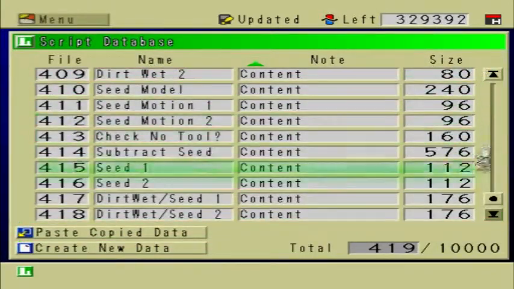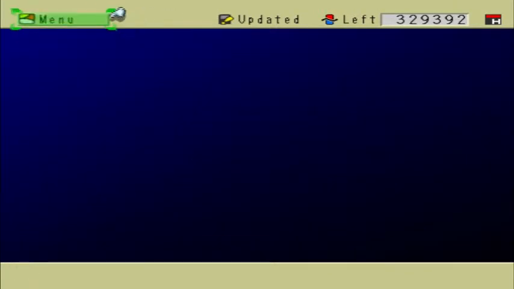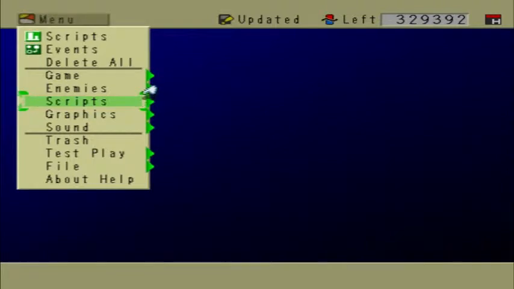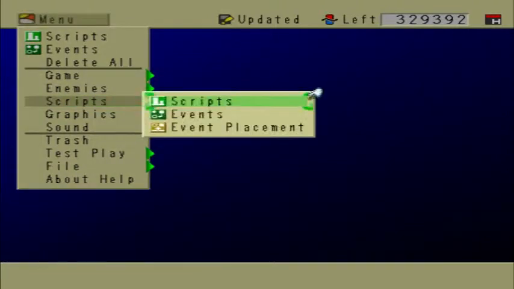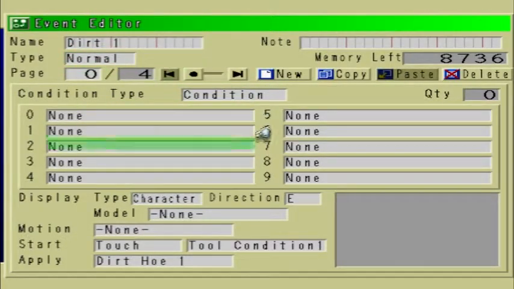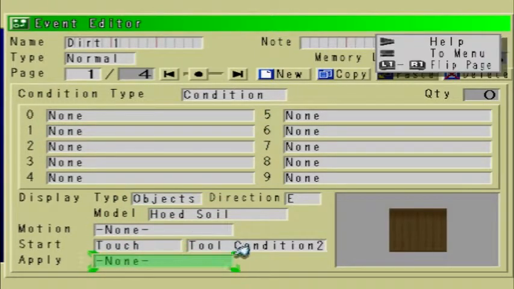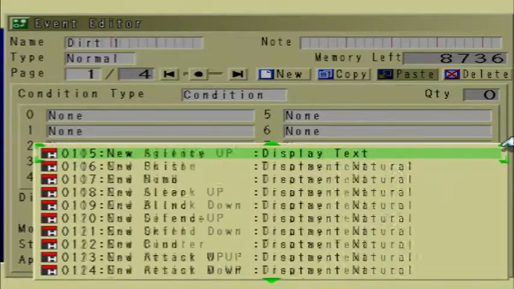Alright, so if you have 100 plots, you're going to create 100 of those. Once you're done with that, we're pretty much done creating scripts for now, for this part of the tutorial. Let's go to the events, go to Dirt1, and right here where it says this is page number 1 out of 4, in the apply field, we're going to apply DirtWet